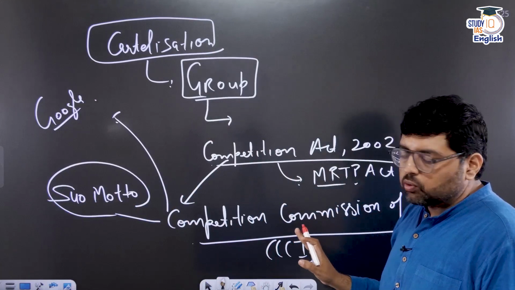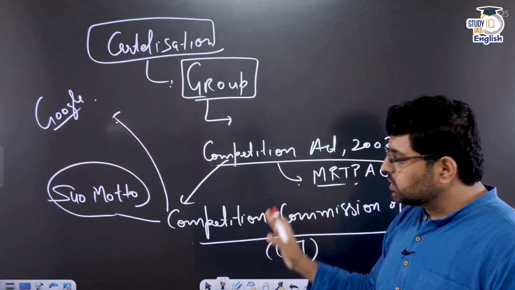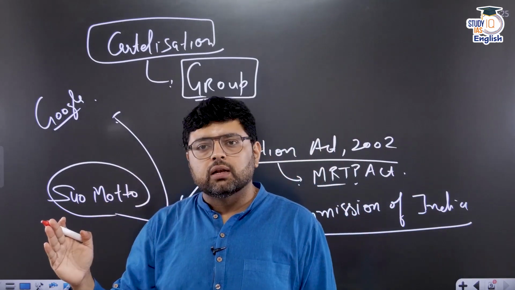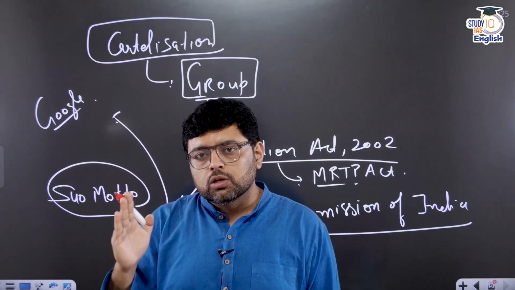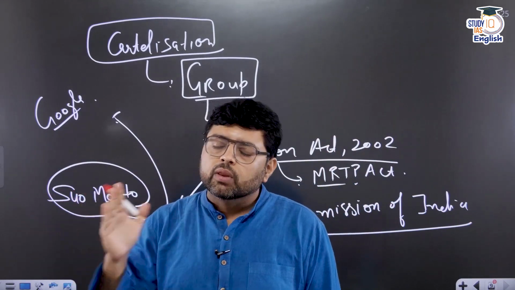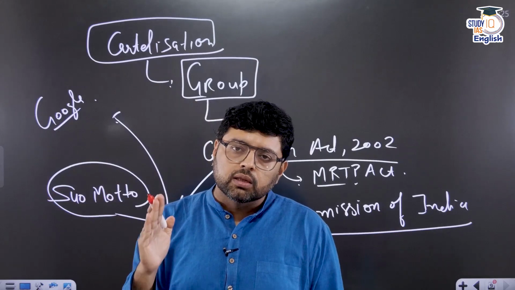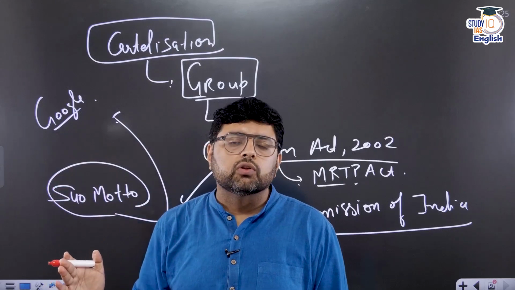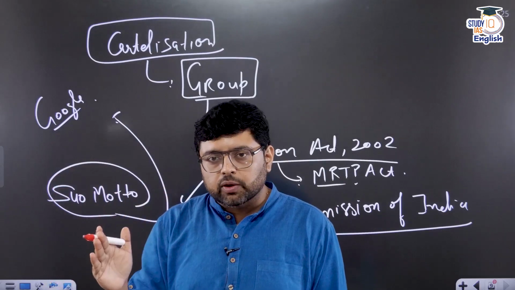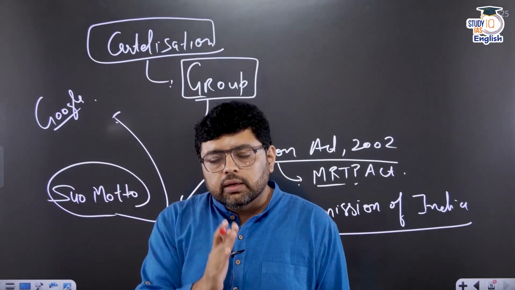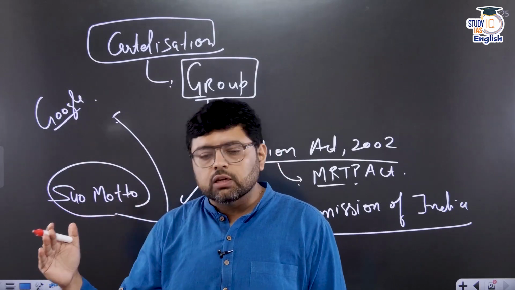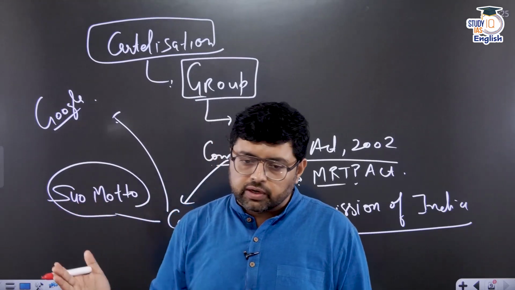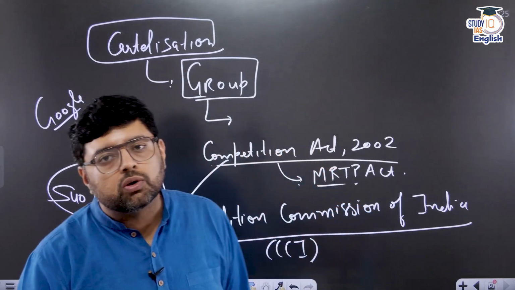So this is about the 6 reasons for inflation. We have seen the solutions also. The first reason is demand pull, which we have seen in this video. Second is cost push, for which I have a separate video. Third, we have seen structural inflation, which is due to poor quality of infrastructure. We have a solution for that also. Fourth, we have seen rumors or speculation, and we have a solution for that. Next, we have seen hoarding, for which the solution is the Essential Commodity Act. And finally, we have seen cartelization. For that, we have the Competition Commission of India, CCI. So this is what you have to remember.